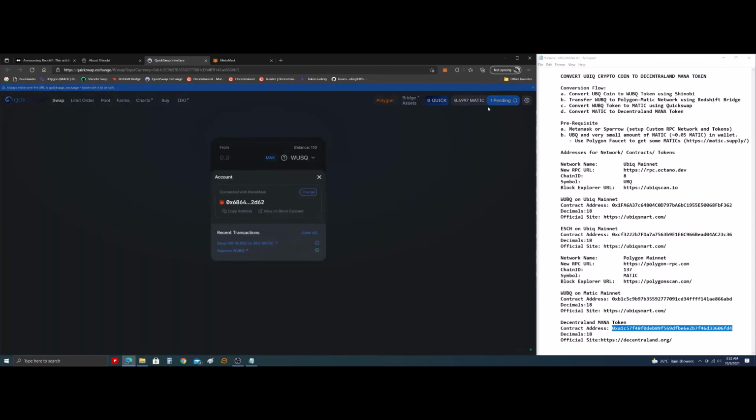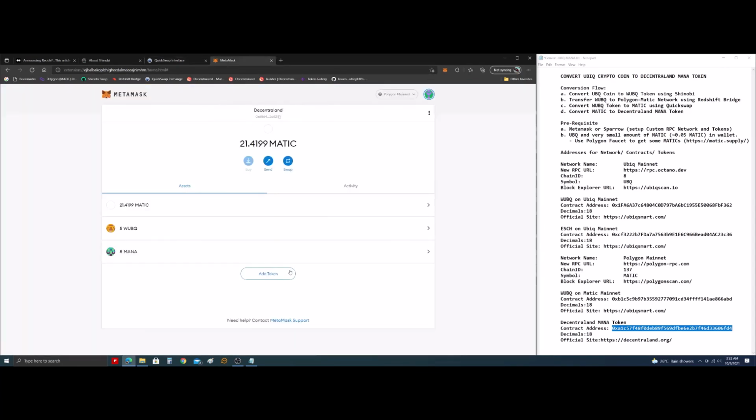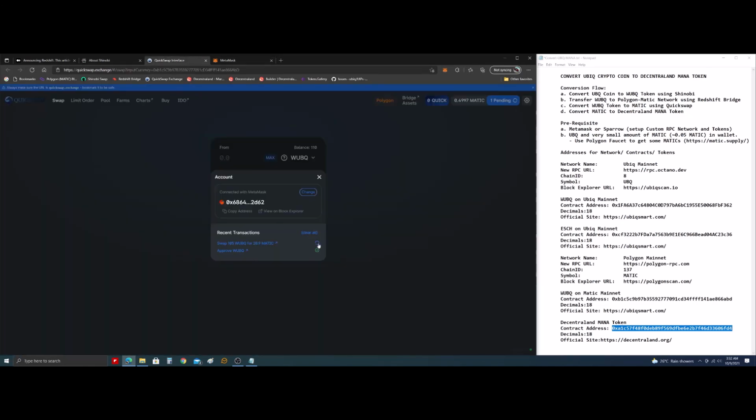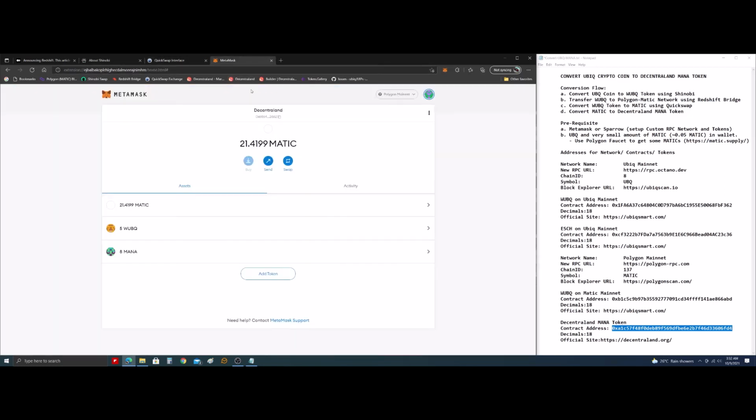That's odd, but anyway, you can see in my Metamask now that I have 21.4199 Matic, and that I only have 5 rep Ubiq left in my wallet under the Polygon Mainnet. So I think I can probably close this, or maybe I just leave it. But okay, now for the final step, I would say, we just want to swap the Matic to the